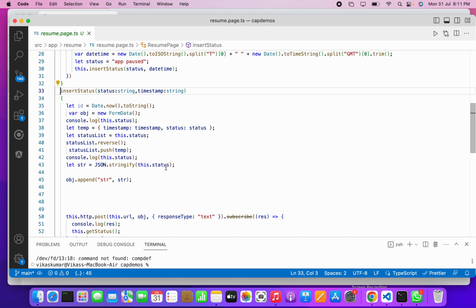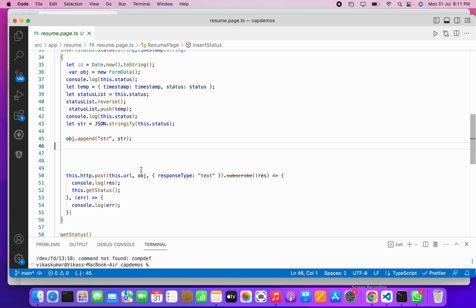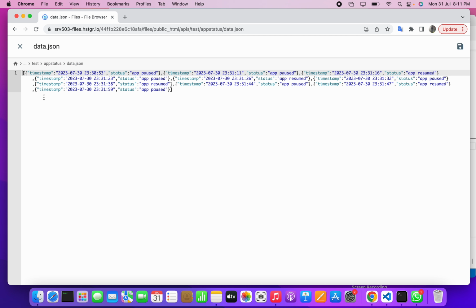Status and timestamp are the parameters, and we call the HTTP post method to store this data on the server. So this is the JSON file on the server where we stored it. This is some data: timestamp, status, timestamp, status. This is the data stored based on the event, which event is raised, based on which device is raised